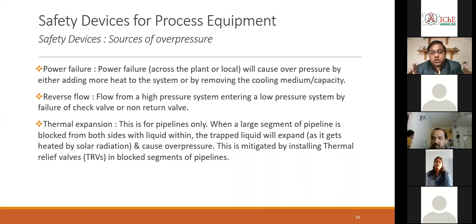So you close the valves within the pipe rack or within the boundaries. There is still some liquid within that pipe segment, and there is constantly heat from the atmosphere, sun or radiation. The liquid within that pipe segment, which is closed from both ends, starts to expand. It will not evaporate, and it has no space to evaporate, but it will start to expand and have an overpressure impact.